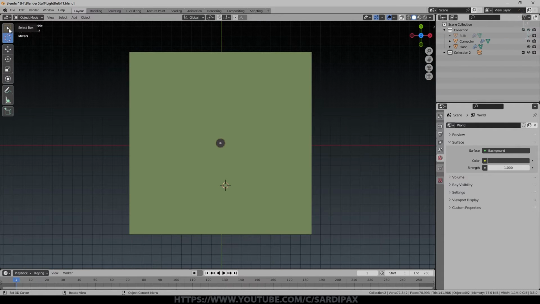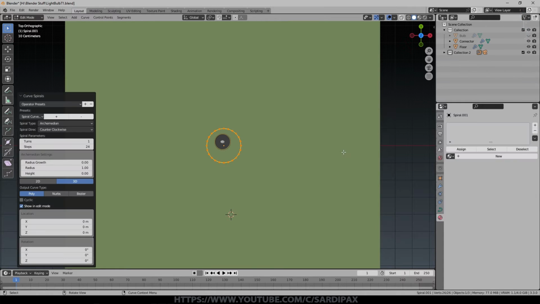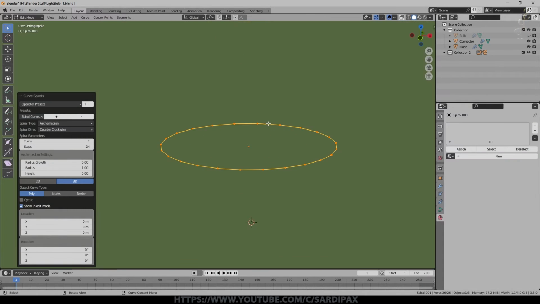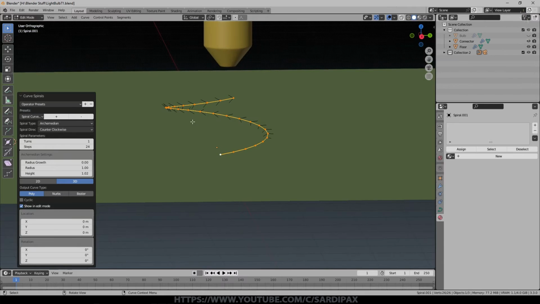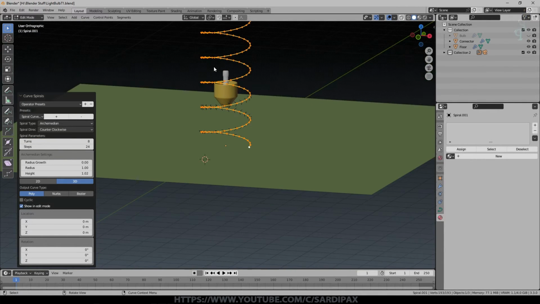So we'll just put our 3D cursor somewhere useful, and then we'll add a curve, which is a curved spiral. We'll go for Archimedean. So it looks like just a little curved circle at the moment. It's only got one turn and the height isn't changing. So if I start to turn the height up, you can see we're now getting a spiral which doesn't get smaller or bigger, it just stays the same. And if I can now increase the number of turns, you can see what we're getting.